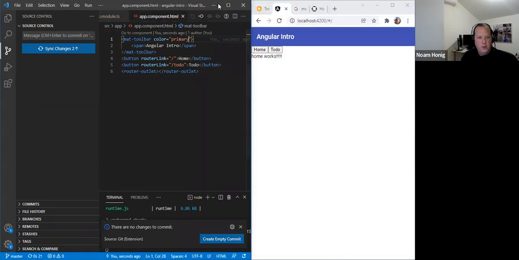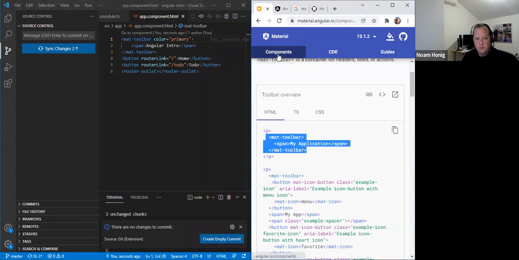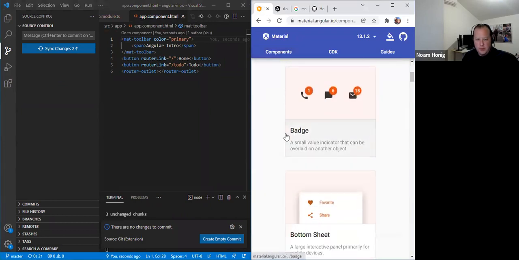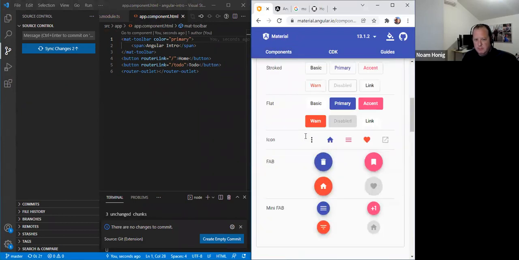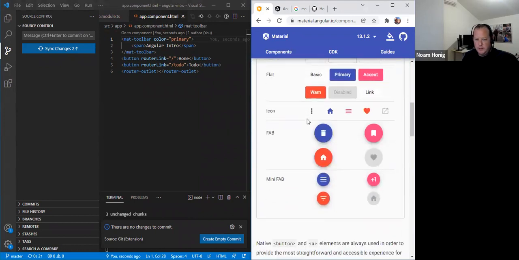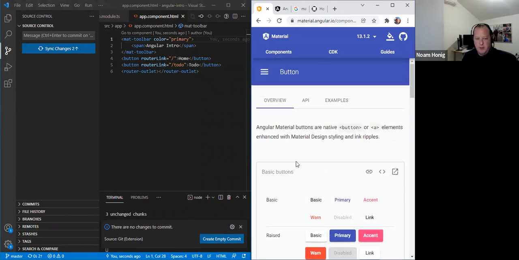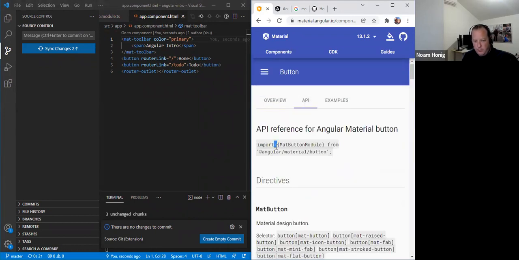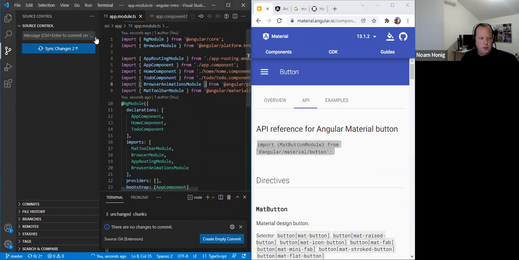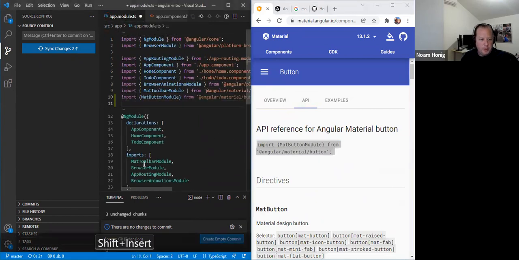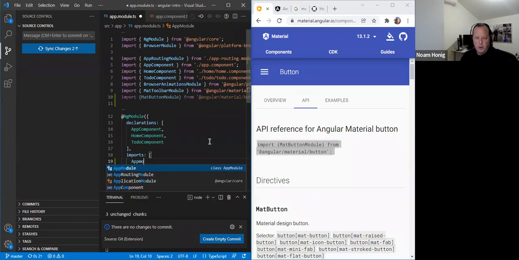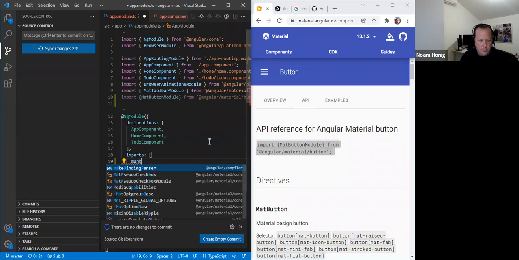The next thing I want to work with is the buttons. I want to make the buttons look better. So I'm going to go to Material, Components, Buttons. I have all sorts of beautiful buttons here. I would say, okay, cool. Let's go ahead and take the module, go to our app module, import it, and add it to our imports. We're going to do this about 1 million times here. Mat button